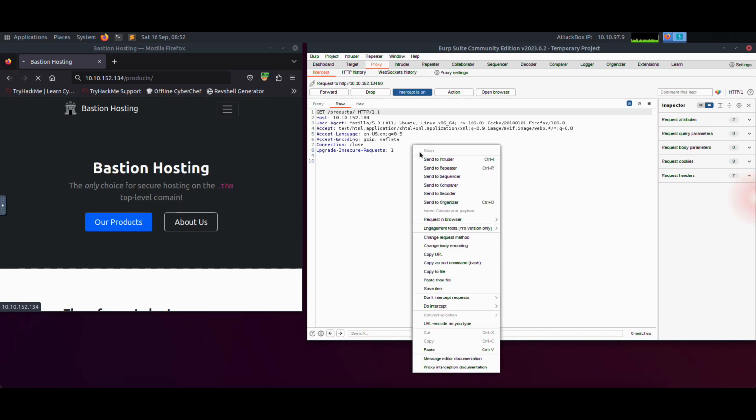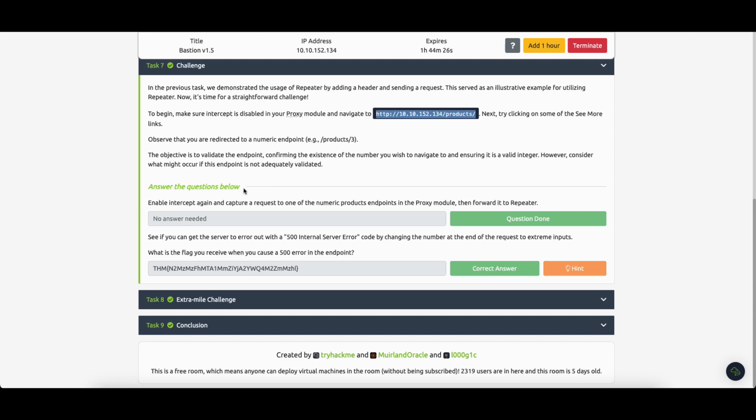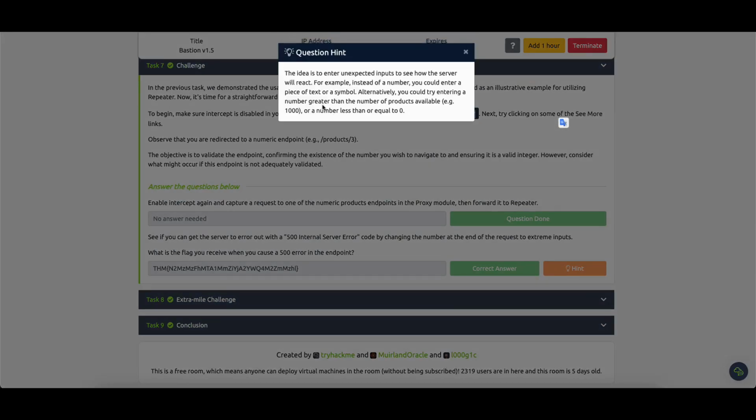Let's send it to Repeater. Yes, it's ready. There is a hint actually. I'm going to read it. The idea is to enter unexpected inputs to see how the server will react. For example, instead of a number, you could enter a piece of text or a symbol. Alternatively, you could try entering a number greater than the number of products available, or a number less than or